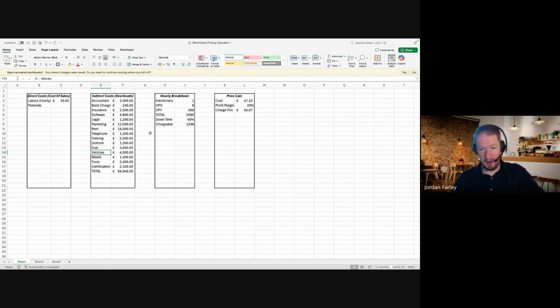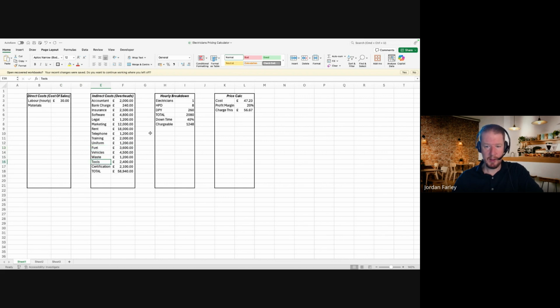Fuel, vehicles, whether you lease a van or you buy a van, you really need to divide. Even if you buy a van, you've got to think, okay, how much is the van costing me to buy? How long am I going to keep it for? And how much will it be worth, do I think, when I sell it? And then you take that depreciation cost, divide it by the number of years that you're going to have the van for. If you're going to lose 10 grand on the van from when you bought it to 5 years later, you divide that 10 grand by 5 years. It's going to cost you 2 grand a year, basically, for your van, plus your fuel, which kind of comes into direct costs, but I think it's easier to just put it into overheads and